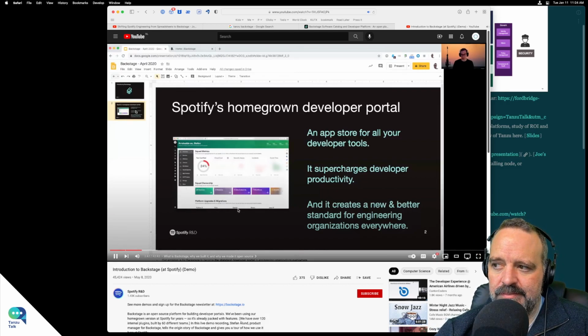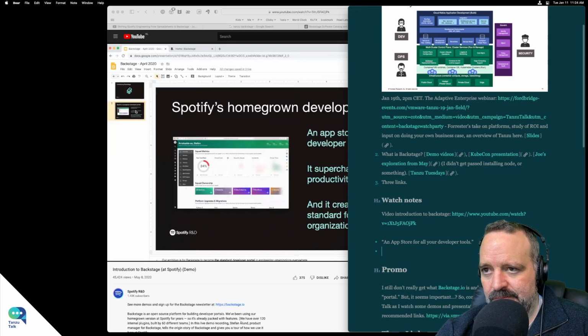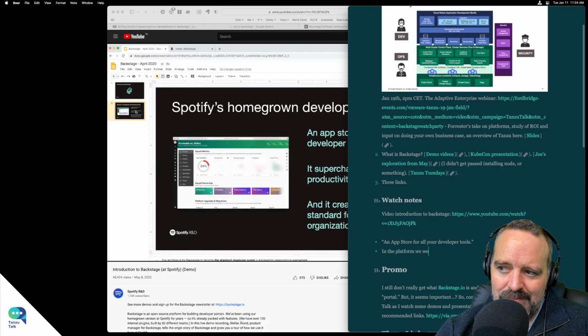So rather than having different infrastructure teams building separate tools, my team would take on building a platform. And in that platform, we would integrate all the different tools that we had as what we call plugins. So instead of building a separate product, we build a plugin into Backstage. And what comes out on the other side is a more consistent experience for our engineers. Right now we have over 60 different teams that have contributed at least one plugin to Backstage.